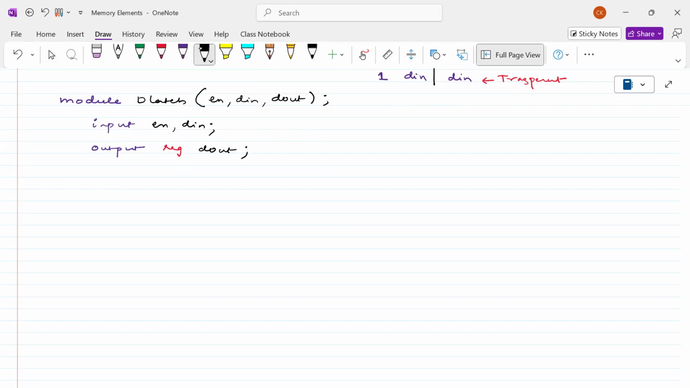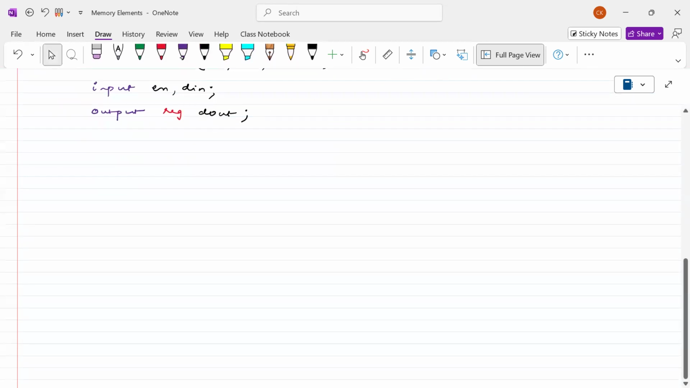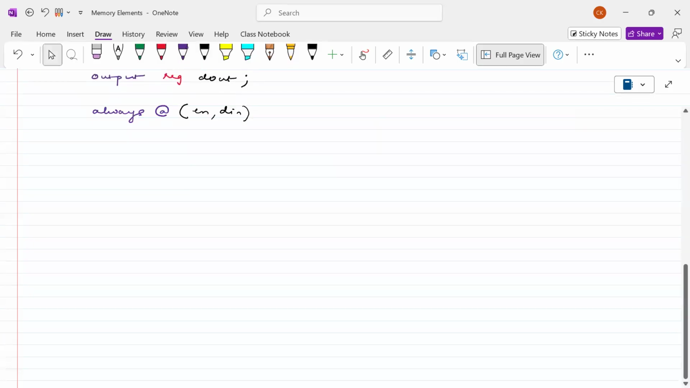Therefore, whenever you write the behavioral modeling, output must be in the register data type. And one more thing is that since it is a behavioral modeling, we have to use an always block. The output will change on what? If the enable signal changes and the DIN signal also changes. Now let me write begin